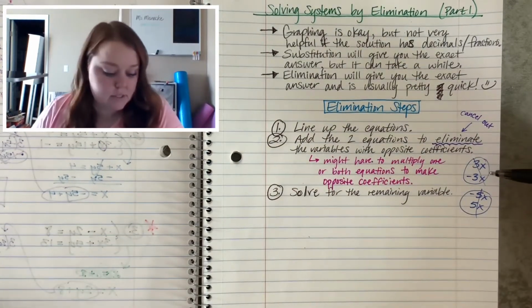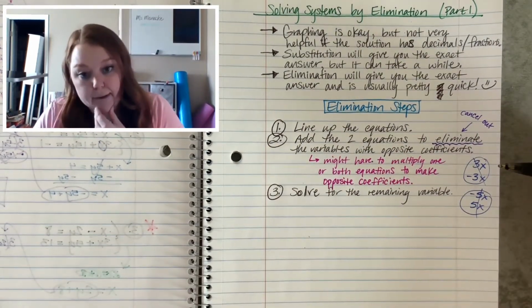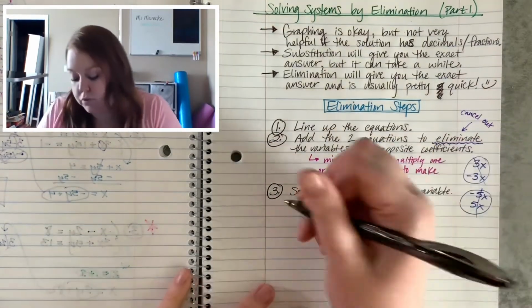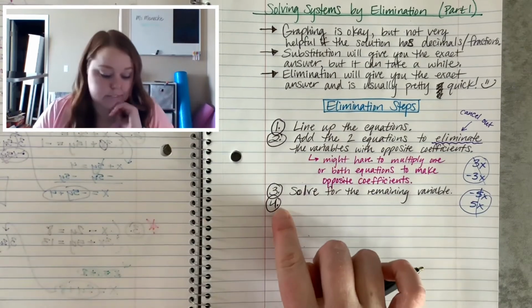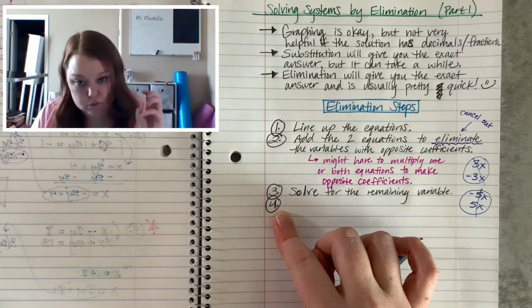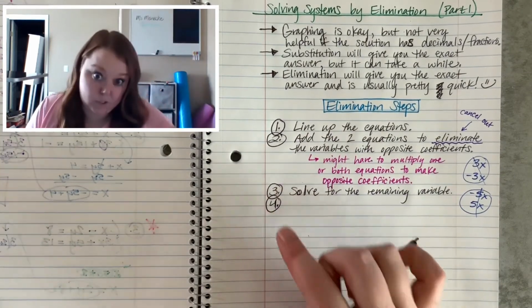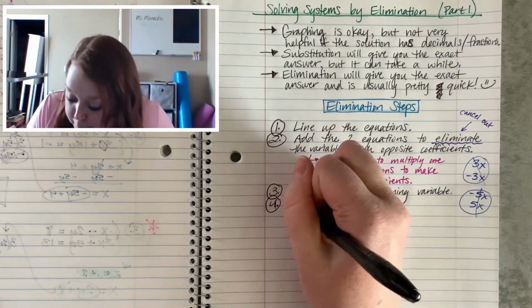So if it's your x's that canceled out, you would solve for y. If it's your y's that canceled out, you would solve for x. Solve for the remaining variable. And then step 4, this is where substitution comes in, okay? That's why I taught it to you first. You're going to substitute,